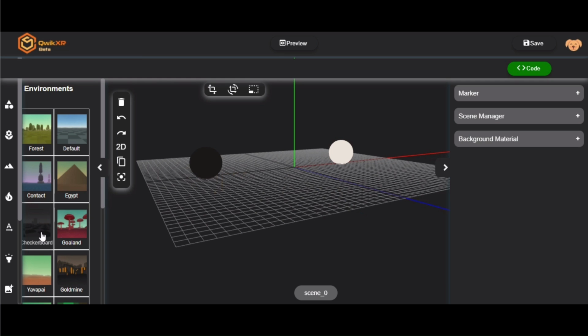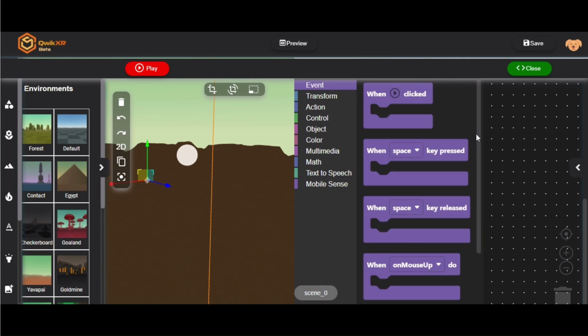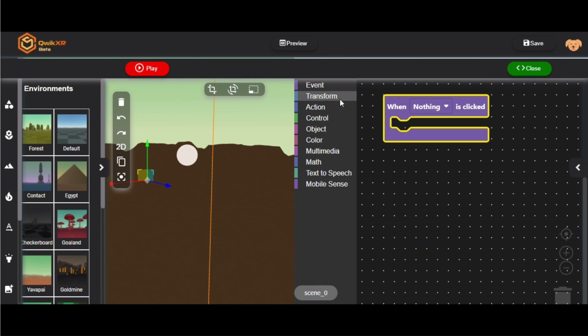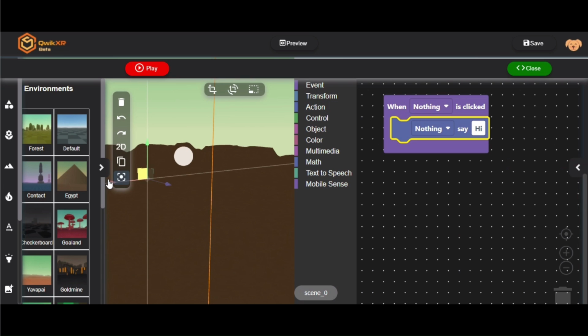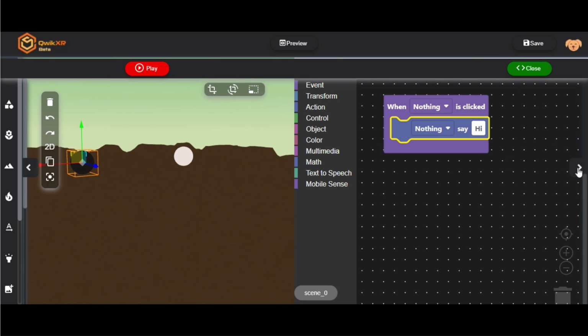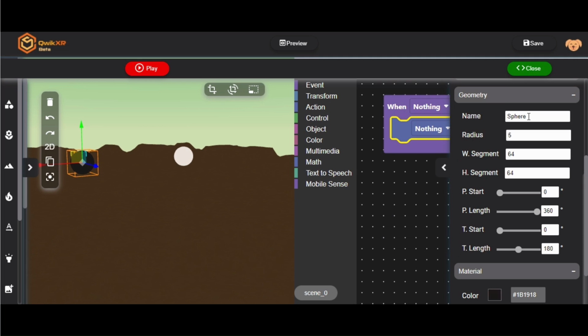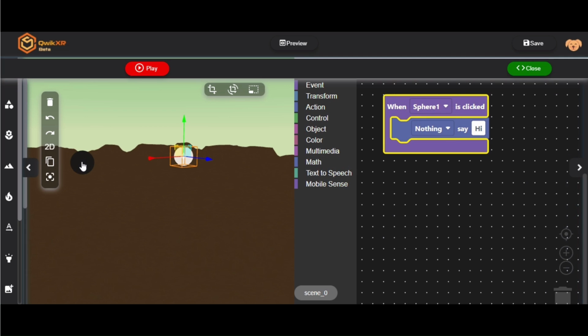Let's select two spheres on our platform, and with the help of the geometry option, we name them sphere 1 and sphere 2 respectively for our convenience while coding. Firstly, change the color of a sphere and set a different color. Let's set the colors white and black. And also with the help of the action code block, we are able to show the name of the color of a sphere and preview it. And you will see that the colors of the spheres are white and black.